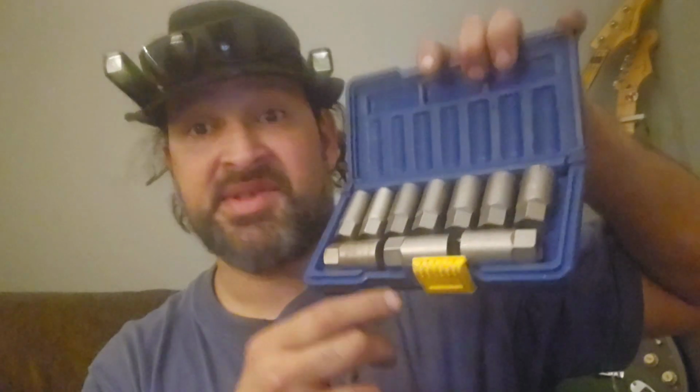Deep well thread chasers. At some point I will use this kit. This is the Irwin kit. This is the 309-4102. At some point this will get used. It's gonna win. And the biggest thing I could recommend, next to the